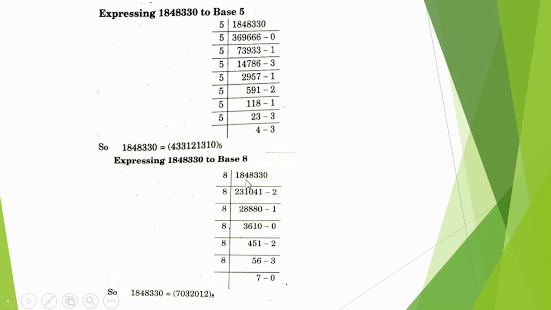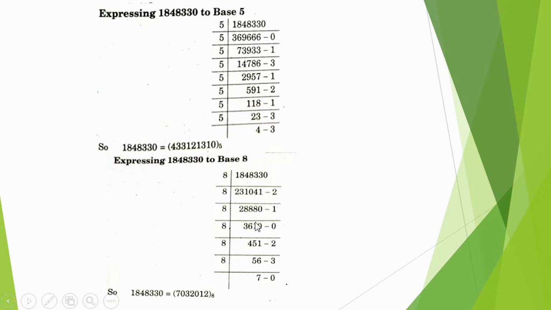8 2s are 16, 4 becomes 24, 8 3s are 24, 8 1s are 8, 3 less than 8, 0. 8 4s are 32, 8 4s are 32, 0 becomes 10, 8 1s are 8, and 2 carry. Now 8 2s are 16, 8 2s are 16 and 71, 8 8s are 64, 70, 8 8s are 64, 8 8s are 64, 0, and 1 carry.